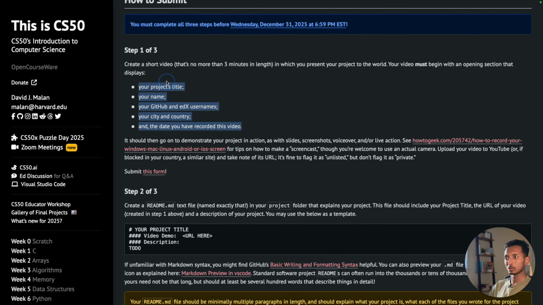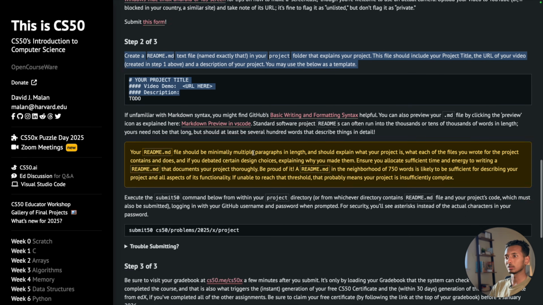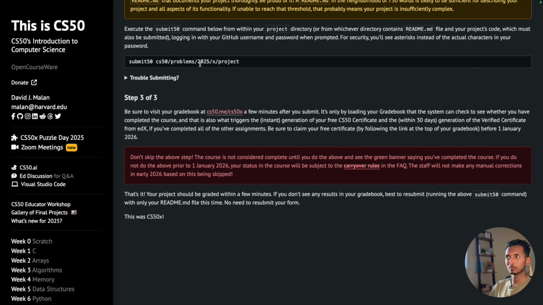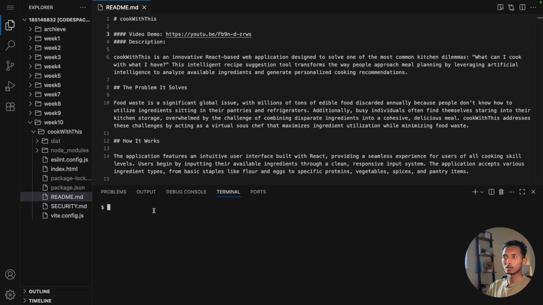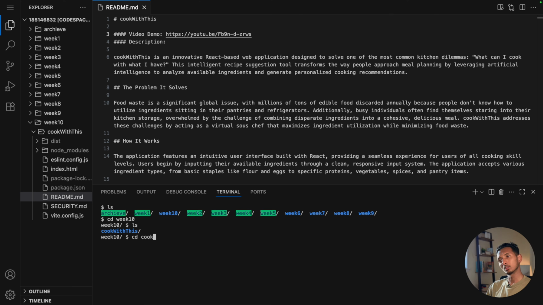We made the video, step 1, step 2, readme file done, step 3, submit. So we'll copy this code, we'll come back to GitHub, and right now if you see, the terminal shows just the $, which means that I am in the home directory. If I do ls, it will show this is where I am. What I want to do is, I want to go inside week 10, and then ls. Again, I want to go inside cook with this, and once I'm here, I will paste the command that I